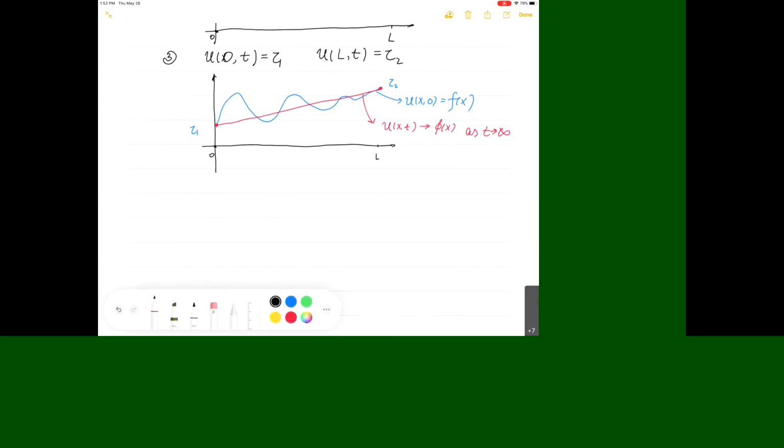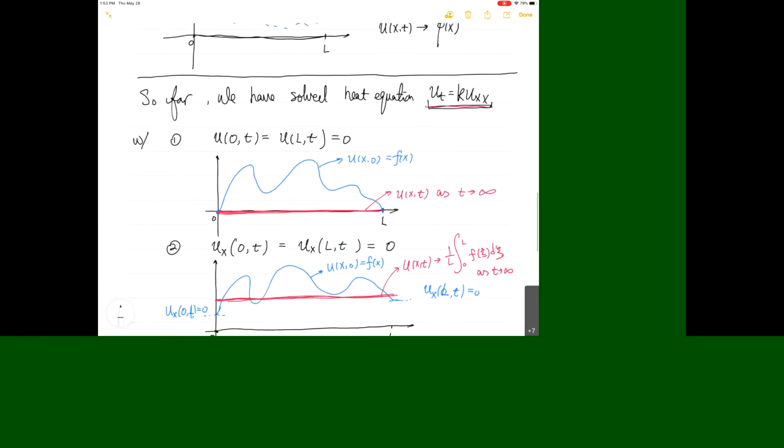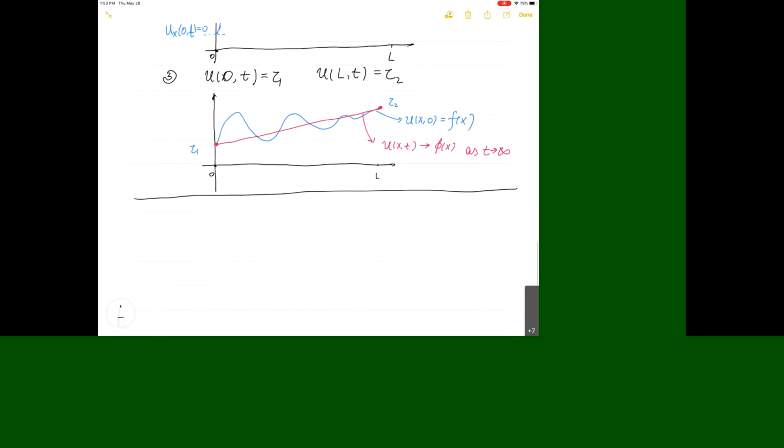All right. Okay, so this is one thing. And another thing is, now we are going to do some change. We're going to have some fun with the heat equation itself. All right. So let's say the topic is